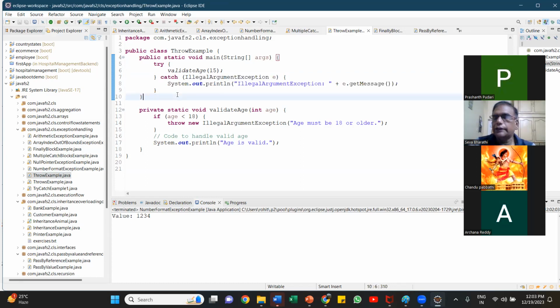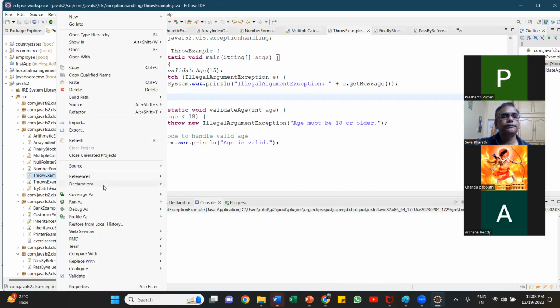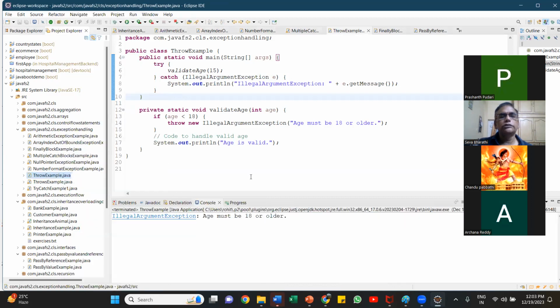Any method that receives a parameter, while processing the parameter, may encounter a scenario like this. If age is less than 18, then it can throw the exception. Then the calling method can handle it. That is called the throw keyword. You will use the throw keyword. Right? So now if we run this,